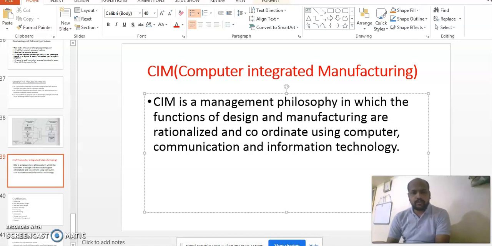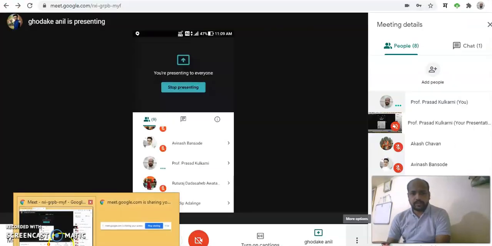So in CIM, computers are used for communication and information technology is also used for implementing computer integrated manufacturing system. In CIM, everywhere in each workstation we are going to use a computer. We may use different softwares in computer integrated manufacturing system.